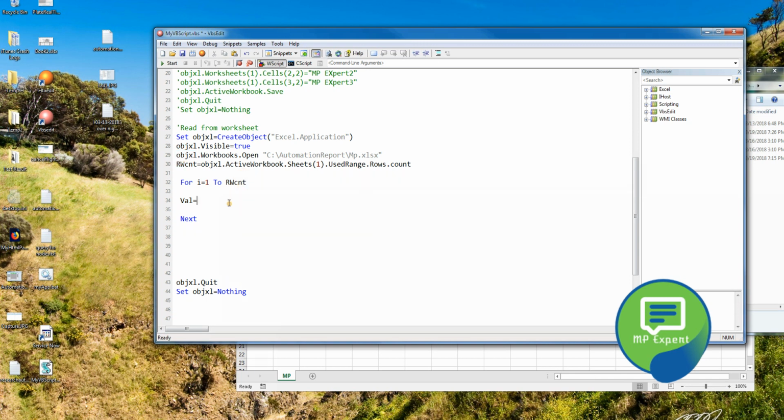our same object, Excel dot ActiveWorkbook, and then we have to say Sheets, which is 1, and then we have to tell a Range. Here we're going to pass the column value, column name, and we will say here Value. Okay,